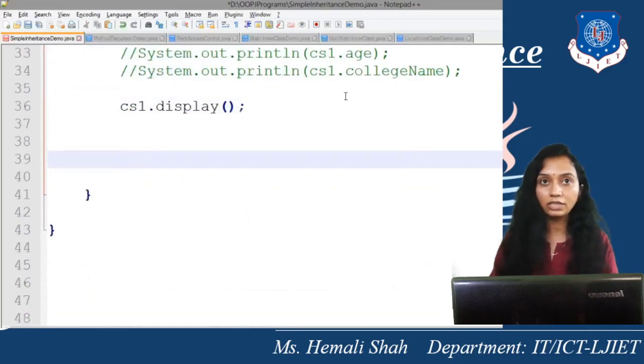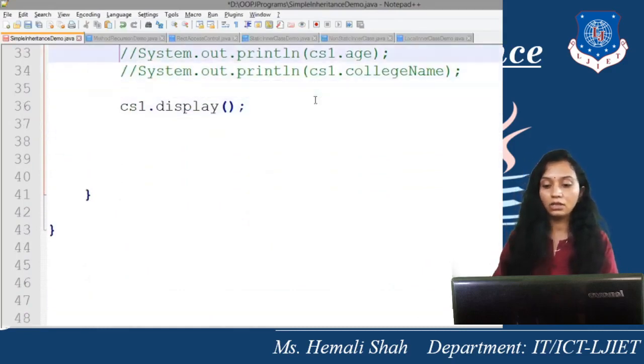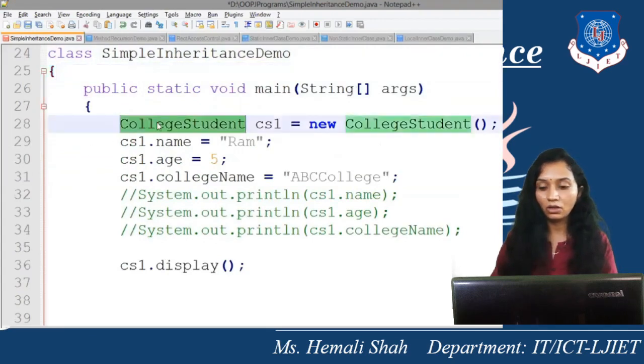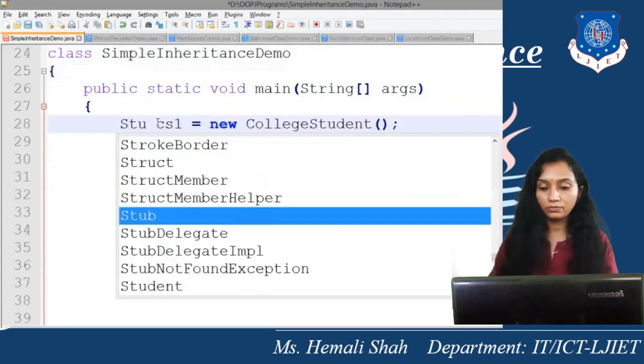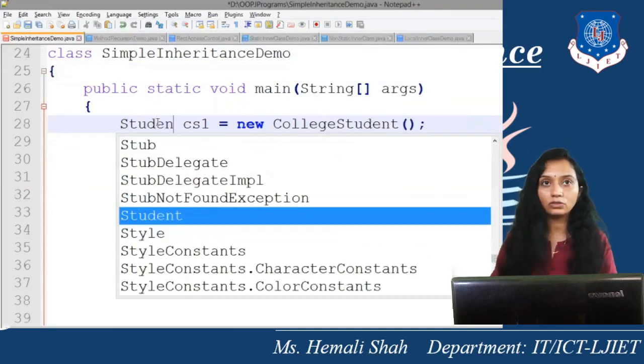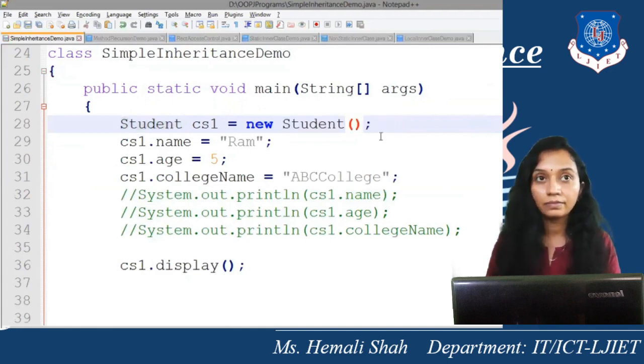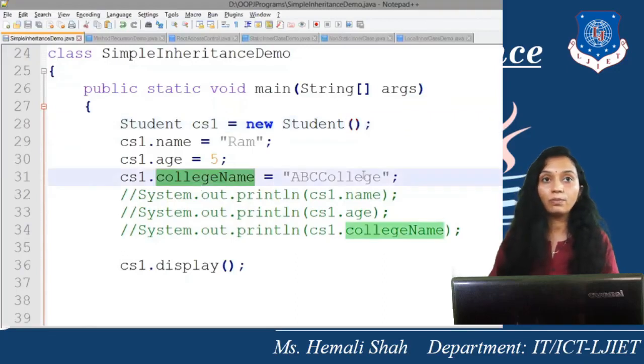Now can I access this child class property by using the object of the superclass? Say, for example, I am having the object of the Student class instead of the CollegeStudent class, right? So can I access this college name property by using the object of this superclass?